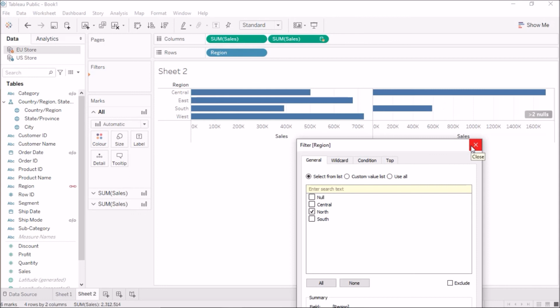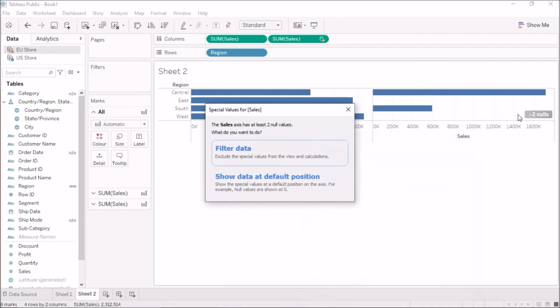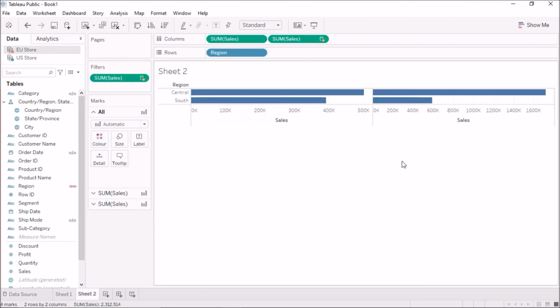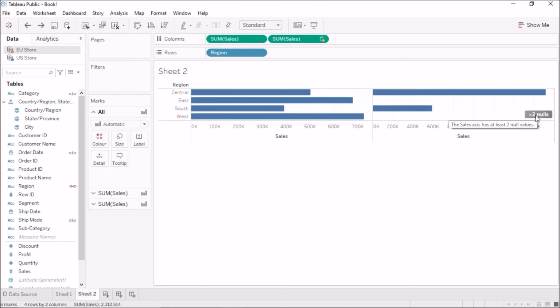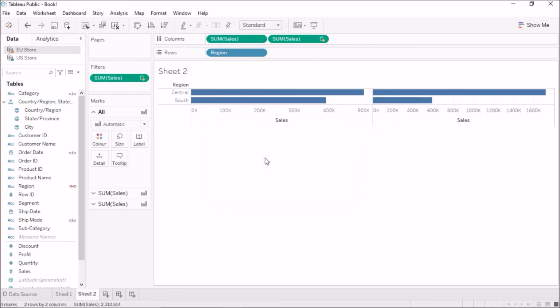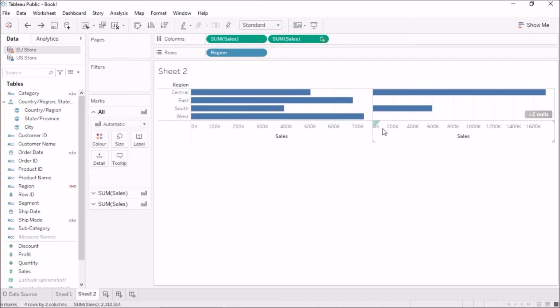So this is an issue with the data blending. You can call it an issue, or that is a property of data blending, that it does a left join. Okay, so it has 2 null values. I can filter the data, and now it is telling me it has 2 null values. So if I filter the data, it will filter the null values, and I lose the 2 data points from the American market as well, of the east and the west, because they have null values in the European market. Okay, so this is how we can do data blending, and this is a property of data blending, that we can change the linking field on a sheet by sheet basis.